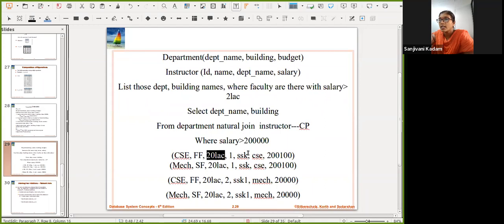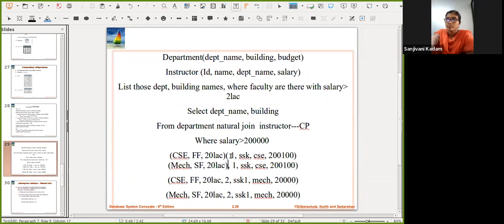So this is tR and this is tS. Okay, so I will separate this. Okay, this is my tR and this is my tS.